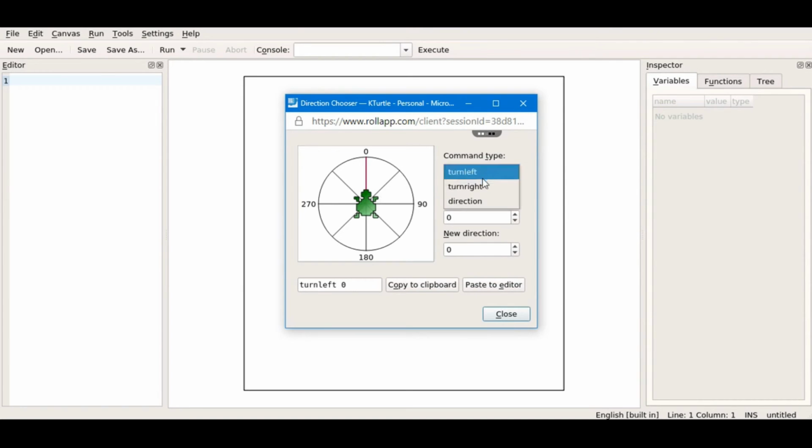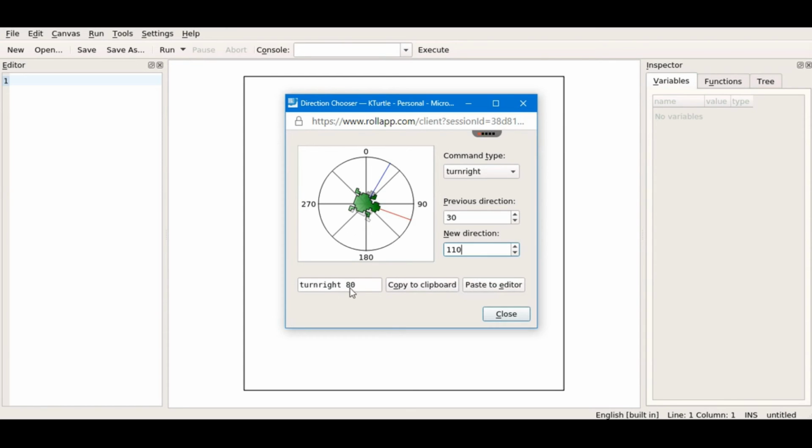For example, we'll select from here turn right, then for previous direction we enter 30. Choose the new direction, like we have chosen 110. So it moved from this to this point. Click Paste to Editor to paste the command in the editor pane. This command appears in the text box, and then you can click on the close button.